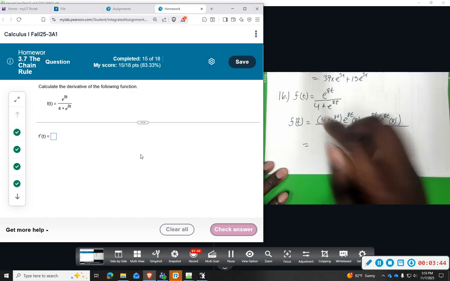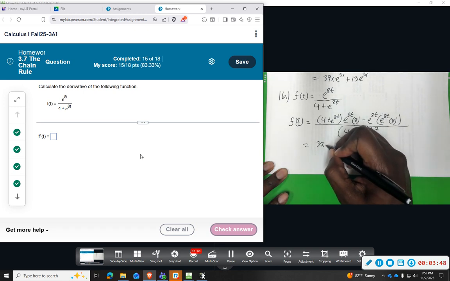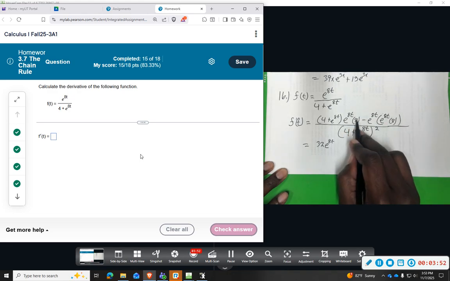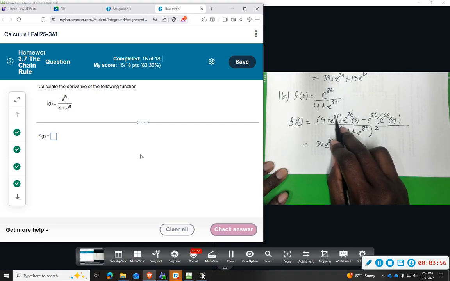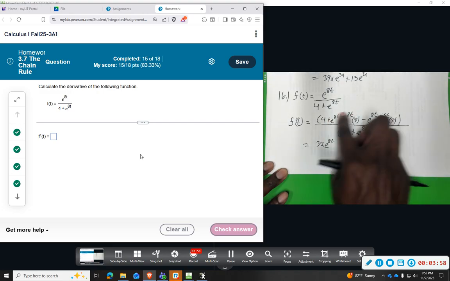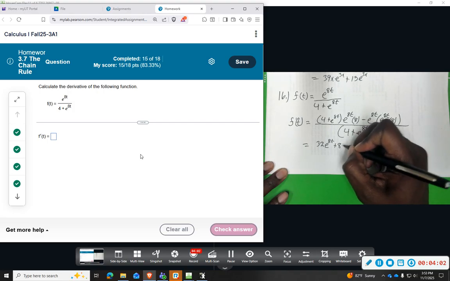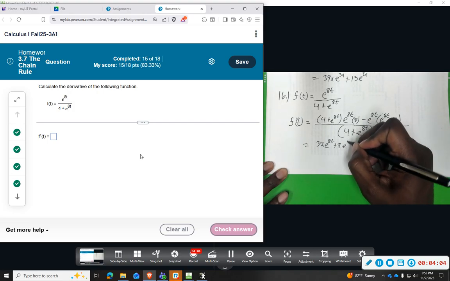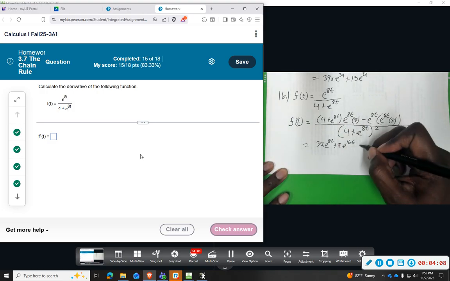So 8 times 4, 32 e to the 8t, and then 8 e to the 8t times e to the 8t, same base, you add the exponents, so this will be plus 8 e to the 16t, 8 plus 8 is 16, and then